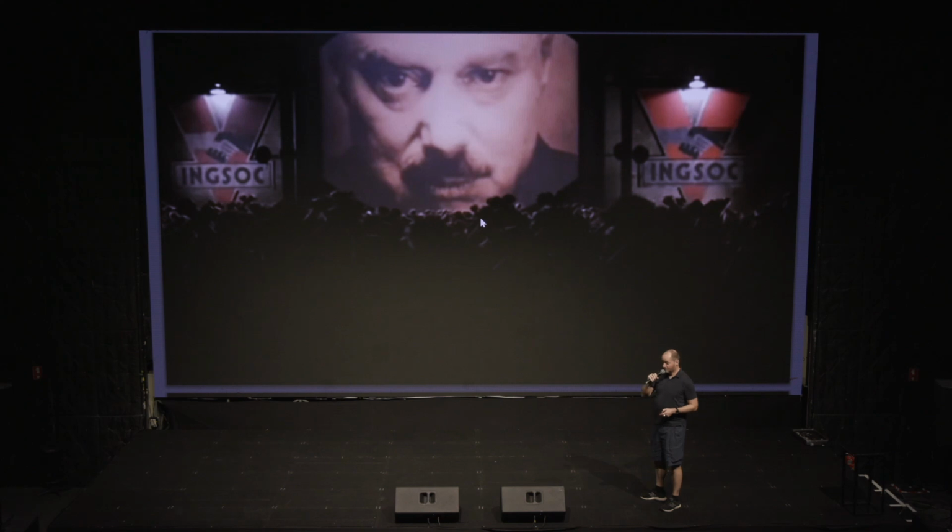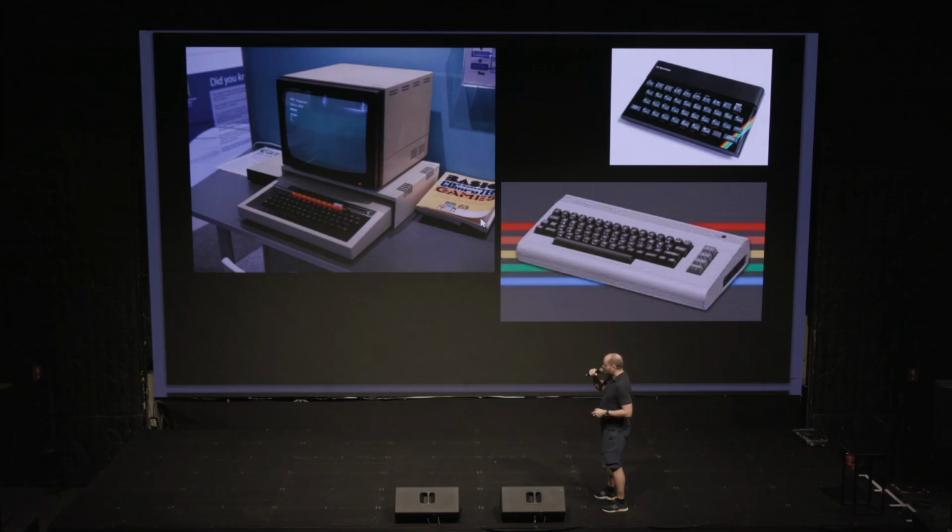So we're going to start here in 1984, but it was my 1984, not the fictional 1984, which was the year that I started programming when I was 10. And it was quite a different world then. On the left here, we've got the wonderful BBC Micro, only really known to British people, sadly. Wonderful system.